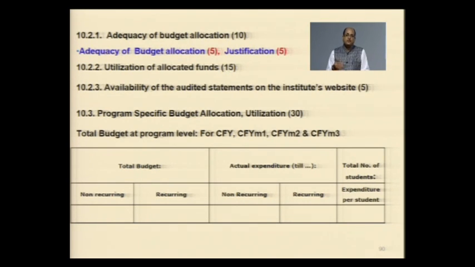Similarly for the program level, they may be doing well at institute level, but since it is program level accreditation, this information in the same format as for the institution will come for the program. You may ask that since this criterion is for institute level, how has it come at the program level? It has come at the institute level because it was not possible to bifurcate. So in the evaluation guideline and the SAR we have written that while awarding marks for this criterion, the chairman will consult the program evaluators and then make a judgment.